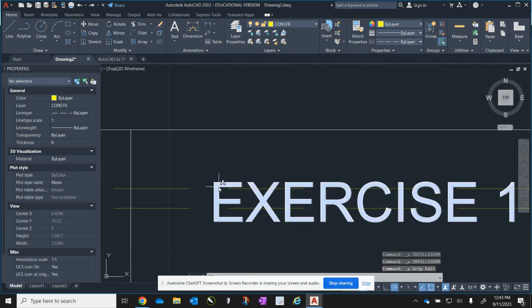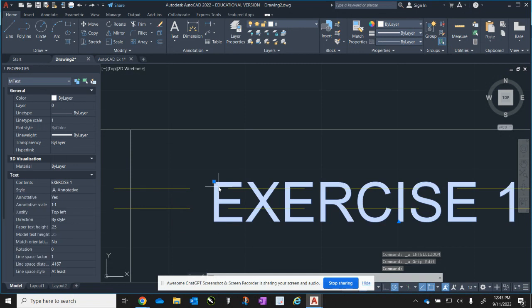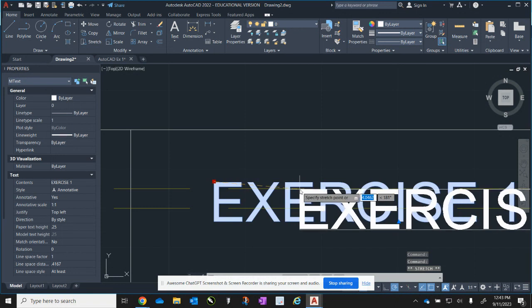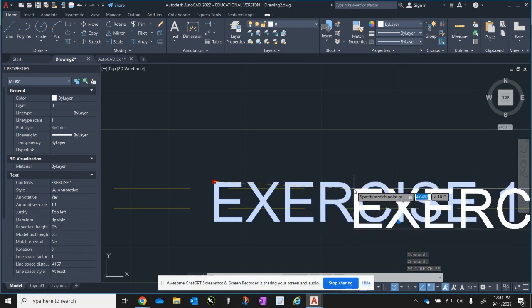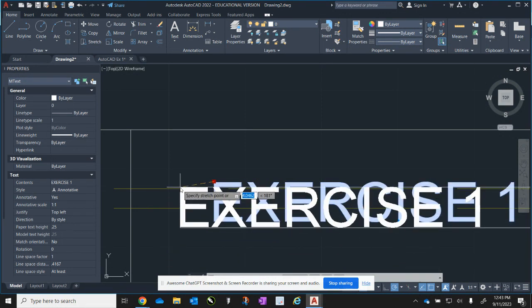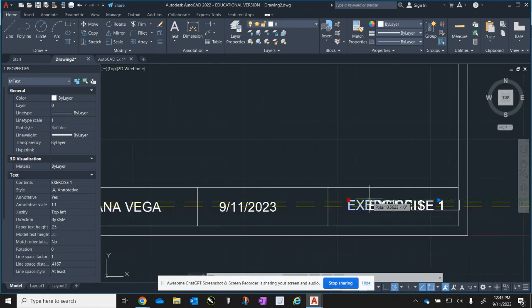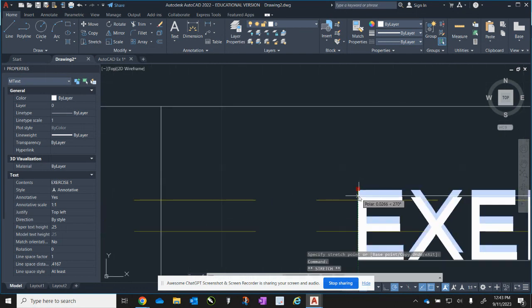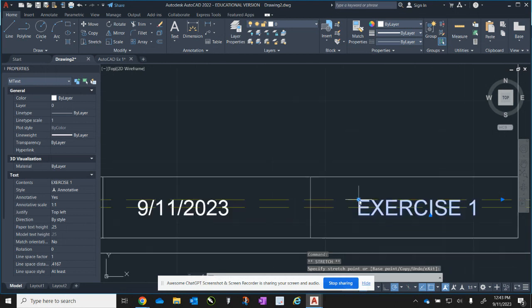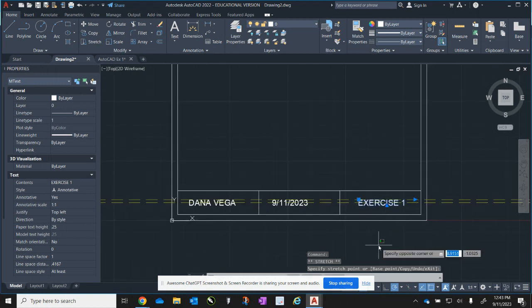Okay, let's try that one again. It just does not want to snap on this line for whatever reasoning here. I don't, there we go. Okay, got it. All right, so we have our